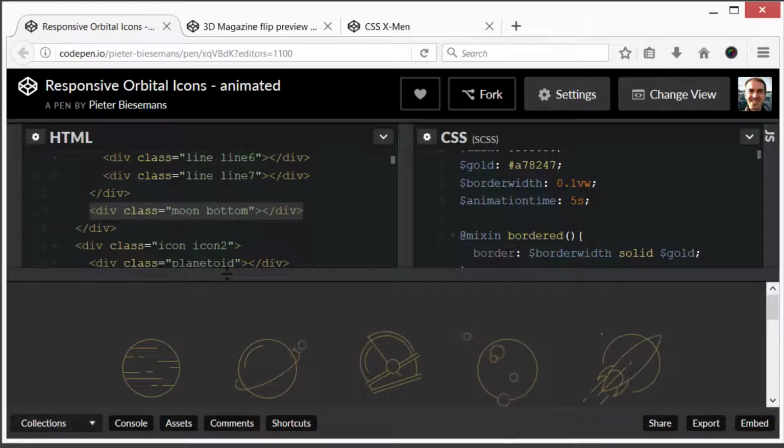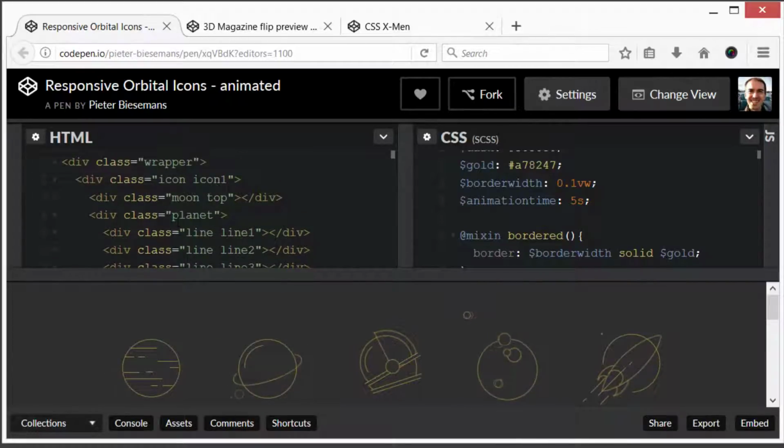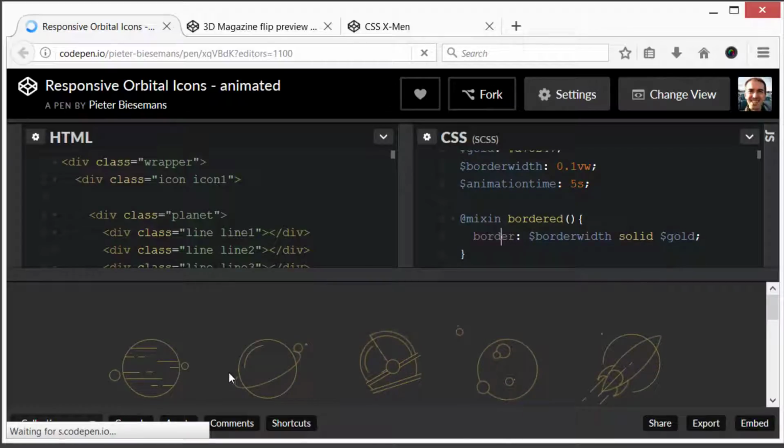And to be honest, this is how I learnt HTML years and years ago. I had a look at something, I wondered what it did, and then I tried to get rid of it and see what happens. Like, what happens if I remove that? Same as this moon top. If I get rid of the moon top, what happens? Click down the bottom, or click outside of it, have it refresh, and see that there's only one moon now